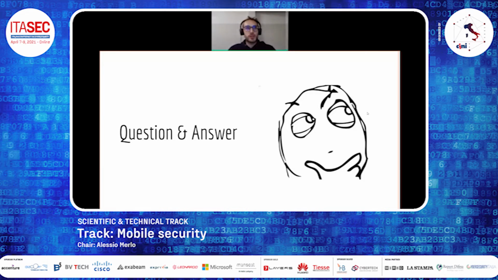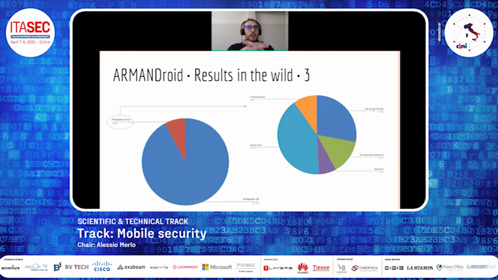Okay, thank you for the question. I prepared another slide, and I'll show it. In this slide, we report the percentage of the protection failures on the left side of the slide, and around 7.8% of the applications cause some exception during the protection phase.